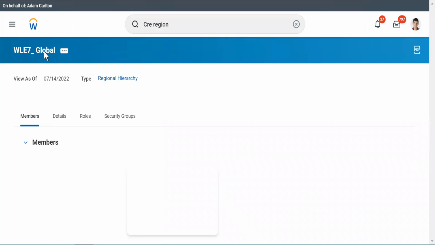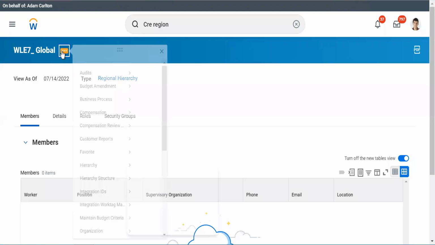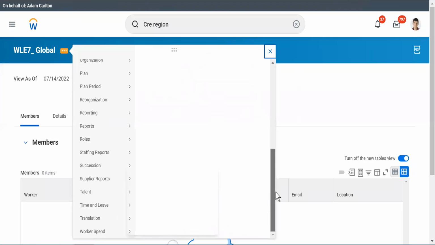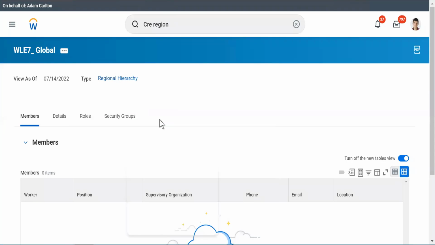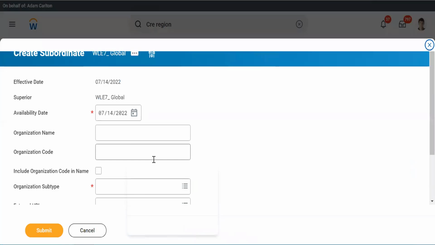So now I have Global. That is my region. And now I can create as many subordinates as I want. The task is the same. Go into this section, go to reorganization, create subordinate. If you know one thing very easily, you will not face a challenge in creating the other thing, provided you remember the steps.